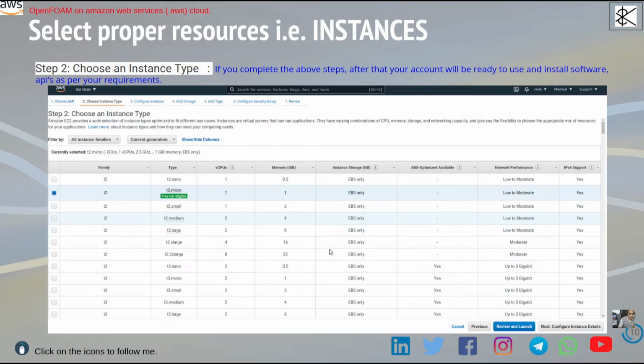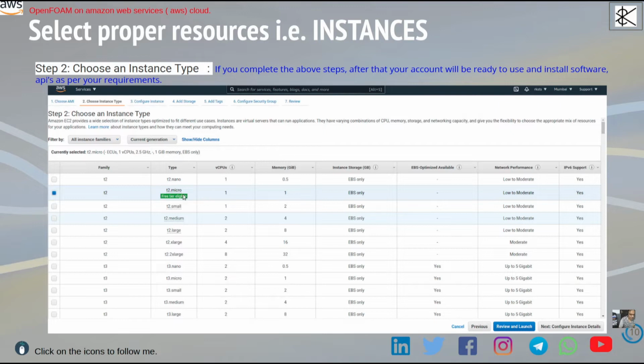And as I said in the previous slide, there is a free tier available. Basically, imagine AWS provides some flexibility to users to explore things. As you learn and explore, and become comfortable using this, for that purpose Amazon provides a free instance, what you call the free tier. Then you don't need to pay anything, so you can explore how this works.